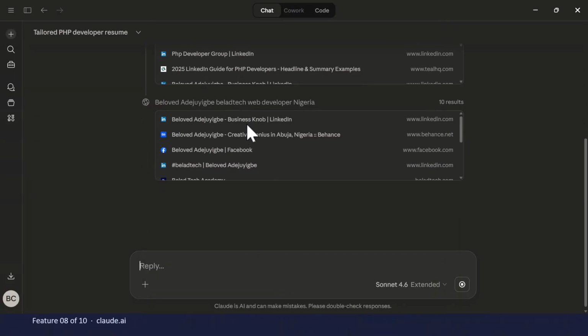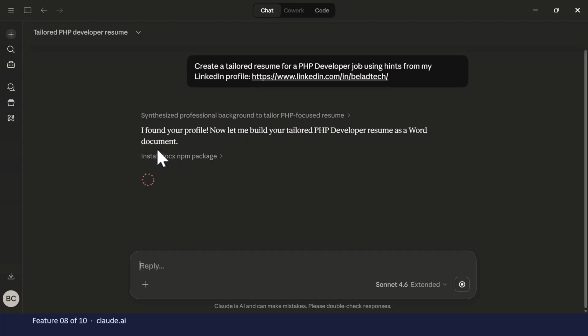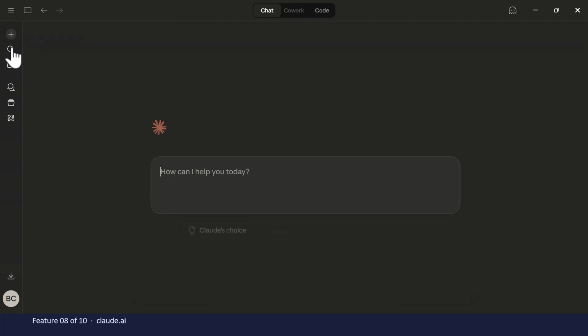So this is our resume being done. So I found your profile. Now let me build your tailored PHP developer resume as a Word document. So you could actually easily build the resume as a Word document, and there we're going to have that right there. So the next thing I want to do now is to create a UI dashboard. So I'm going to say